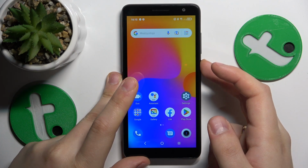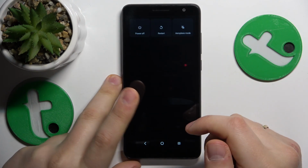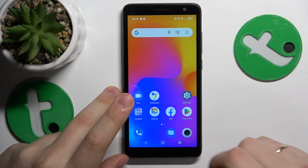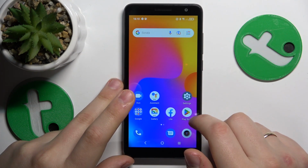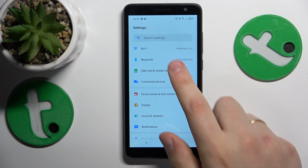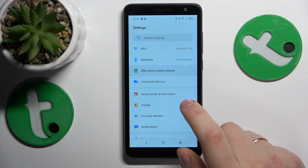So hold the side power button for a few seconds, and here tap at the restart option. What you might also want to try is to go into settings, then SIM card and mobile network,